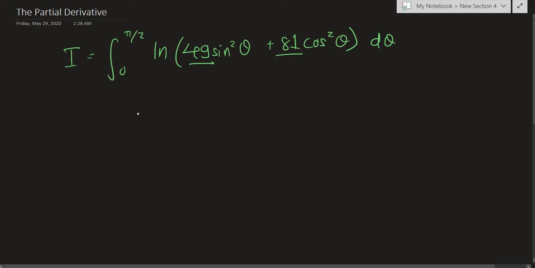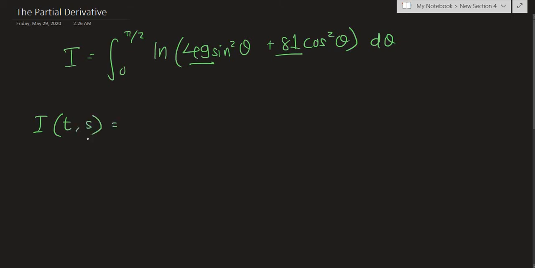So now one parameterization that I'm choosing, say I'll call that I of t comma s, this integral has two different parameters in it. Which is the integral from 0 to pi over 2 of natural log of, instead of 49, let's say t times sine squared theta, plus instead of 81, s times cosine squared theta